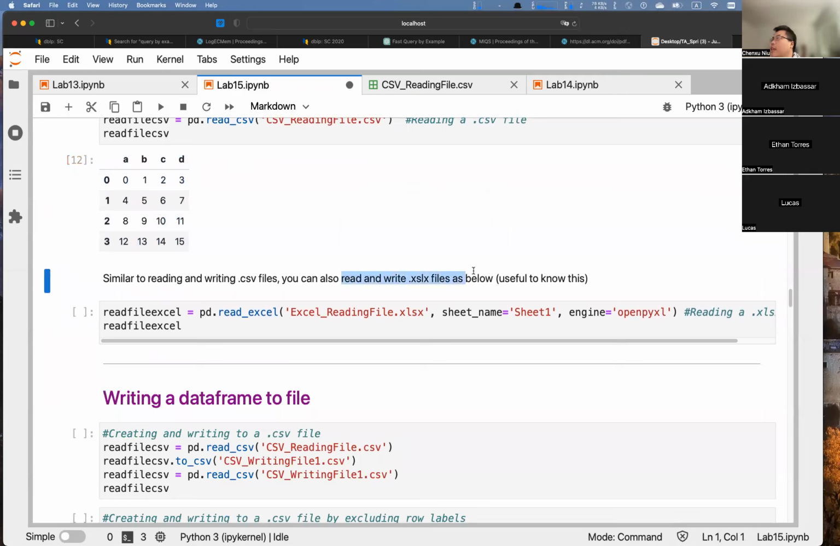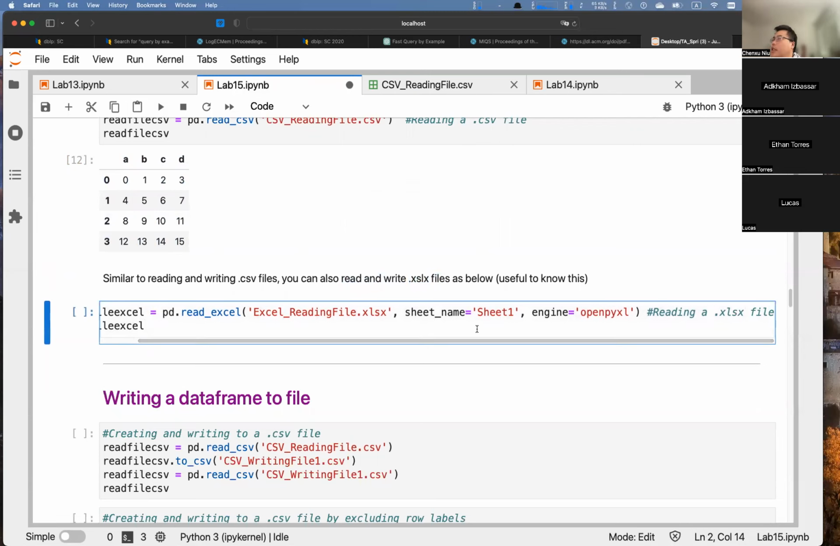Similar to reading and writing CSV files, we can also read and write Excel files. Excel, so you can set